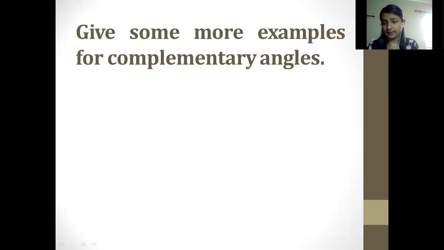So you can take any angle. There's no condition, but they should be making a summation, that means addition, making a sum of 90 degrees, like I did for 30 plus 60, that is 90 degrees. It is not necessary you would be having perfect angles like 30 and 60. You could also consider 35 and 55, like this. Okay. Yes. So what would be the other angles? Yes, can we say that 20 plus 70 is also making 90?